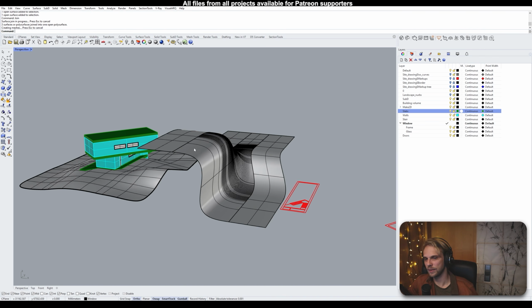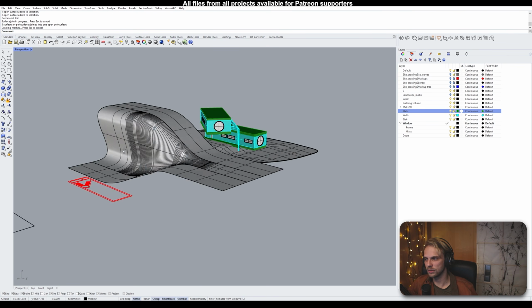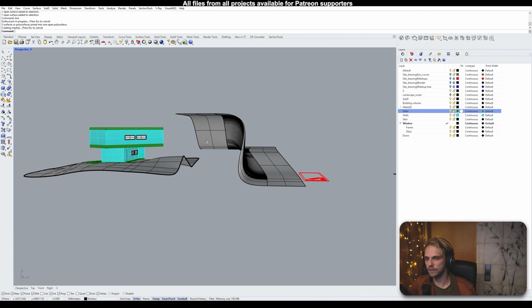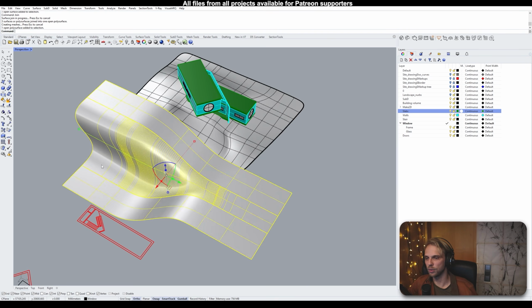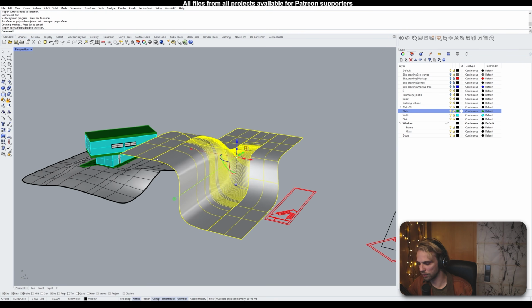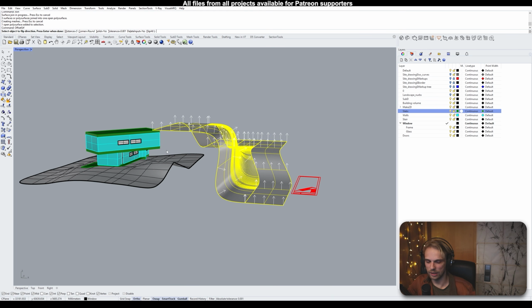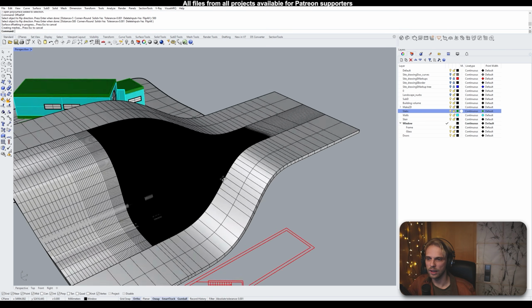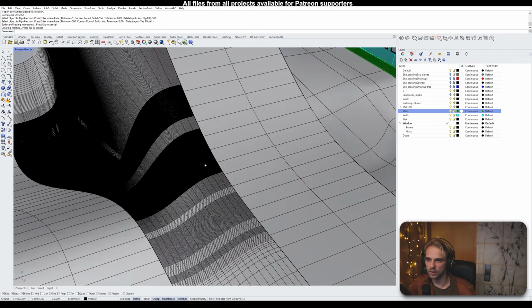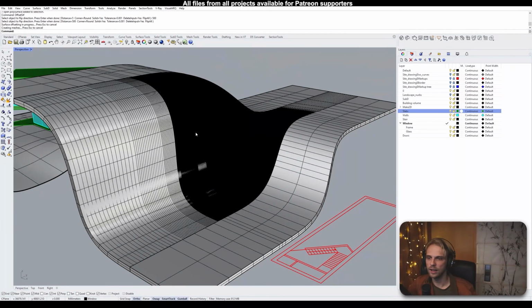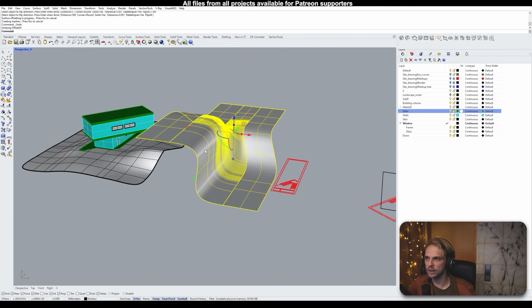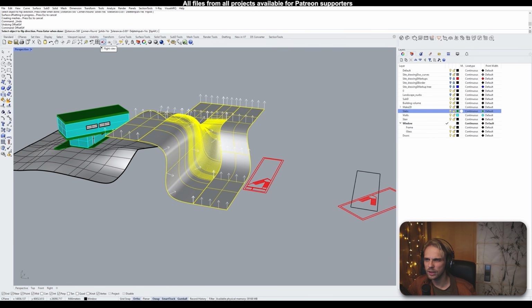Join it up. And now we're getting to a pretty fancy curvilinear form. Then for this form, I can use offset surface and give it a 500 millimeter thickness. Then we need to give it a little bit of time because it takes a while to generate the offset for this. You can see how heavy it gets. If it gets too heavy, by the way, let me undo. Offset surface, I believe here,